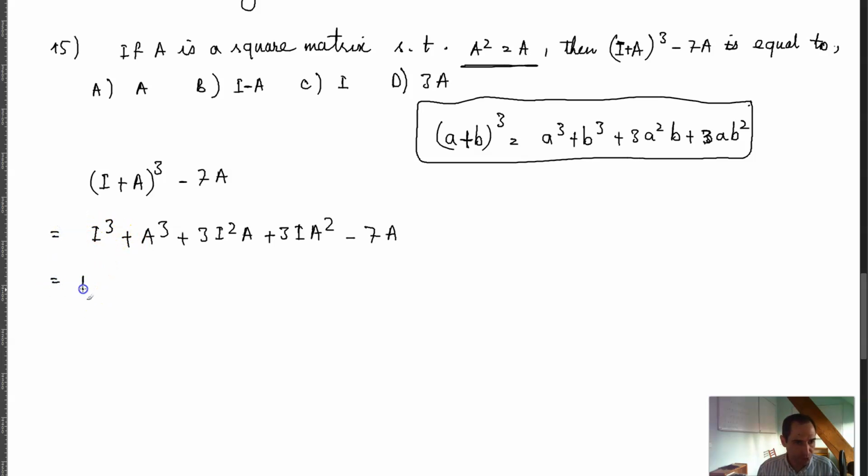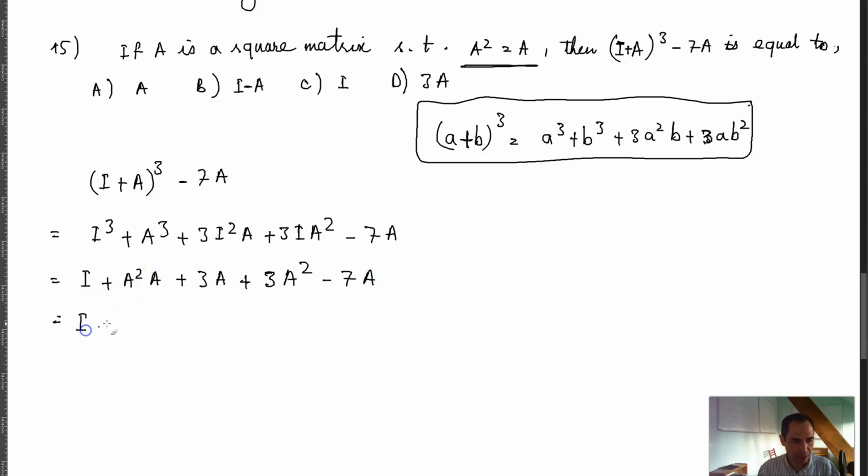And then of course you know that I cube is equal to I, and a cube is equal to a squared times a, and you know that I squared is equal to I times a is equal to a, so you can write this as 3a, and you know that basically 3I times a squared is equal to a squared, so I can write this as 3a squared minus 7a,